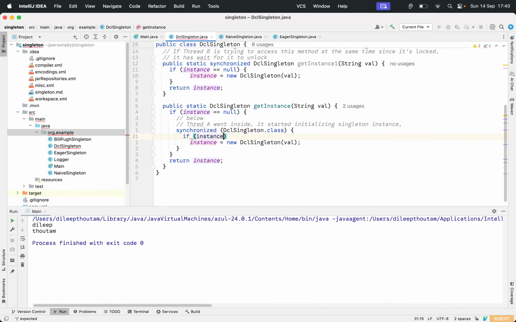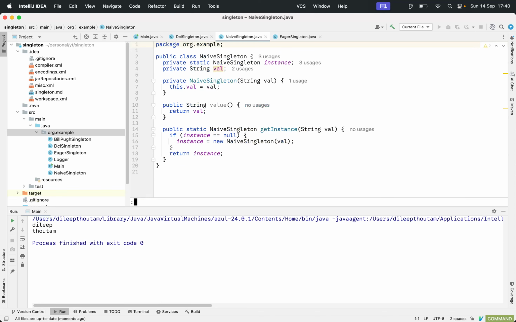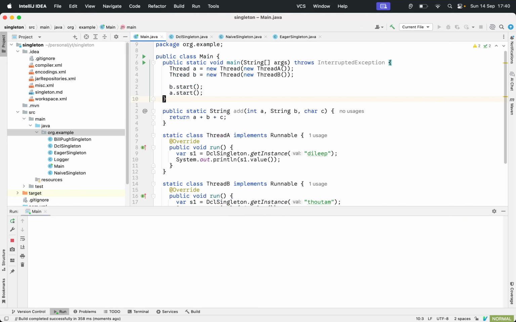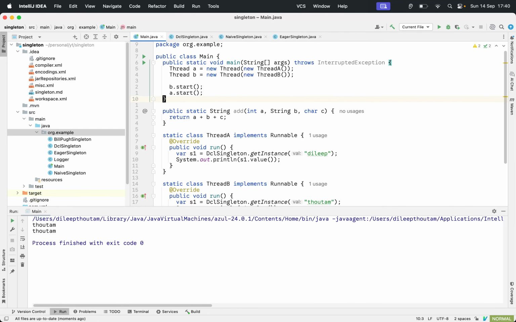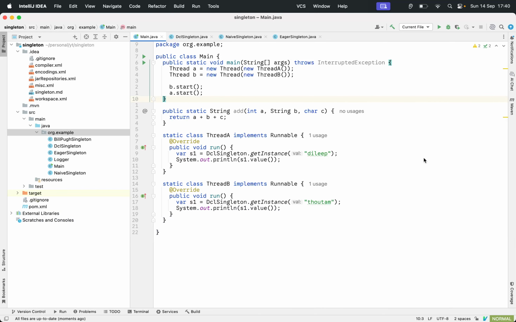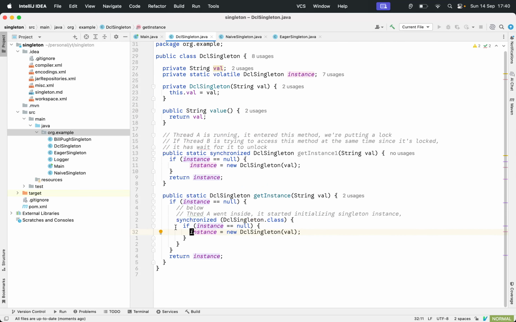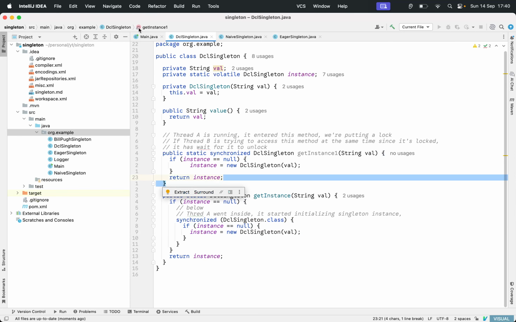So we have to check for it. We have to check for the second one. Now this behavior won't be there, because we prevented it from happening, like we discussed. So this is double check locking. Try to go through the code once. It is really helpful to experiment with this kind of stuff, just like we exposed this problem of not having a second null check.